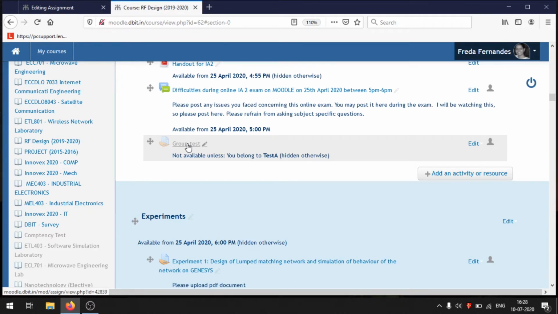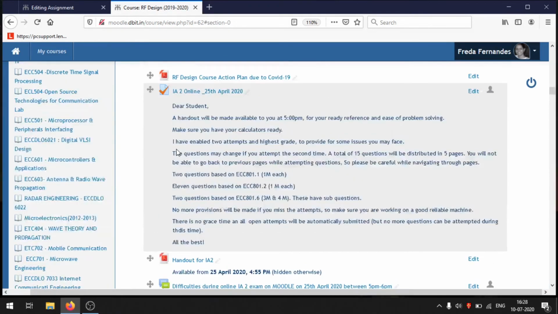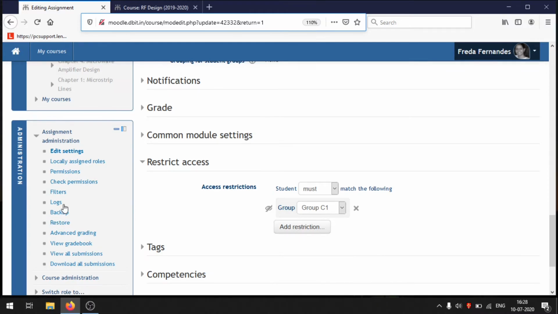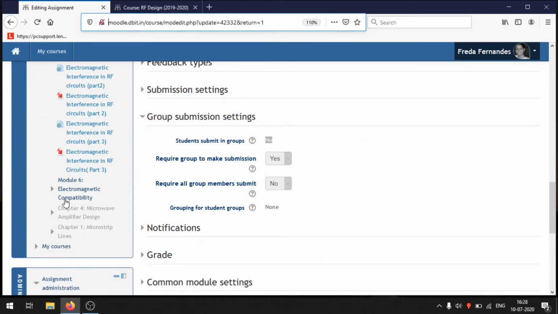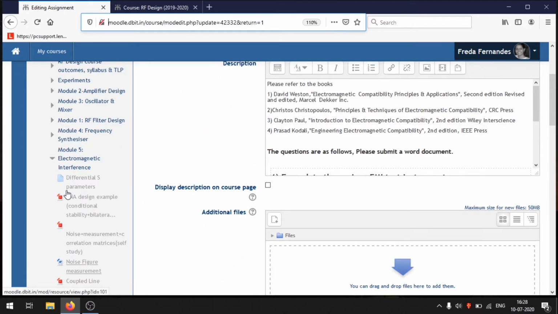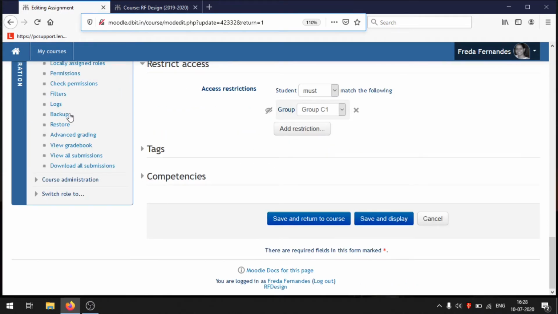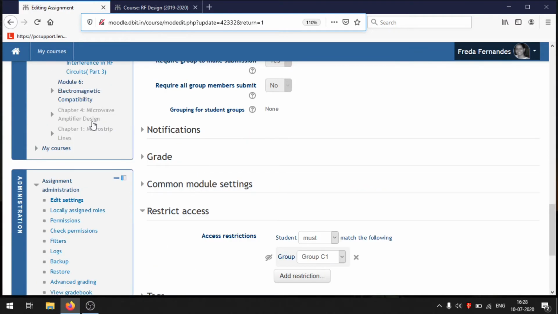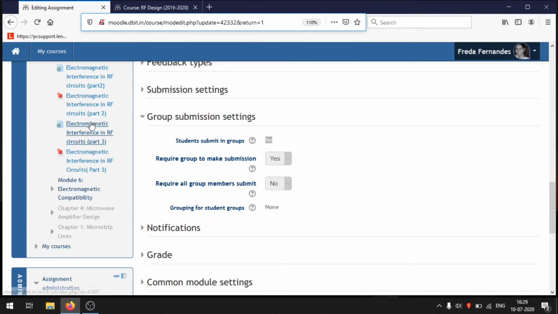Now suppose you want to see whether it has worked or not, you will have to test it out. Probably you can do something like this. You can go to users. One minute. You can go to users. So where are my users? The participants. Yeah.